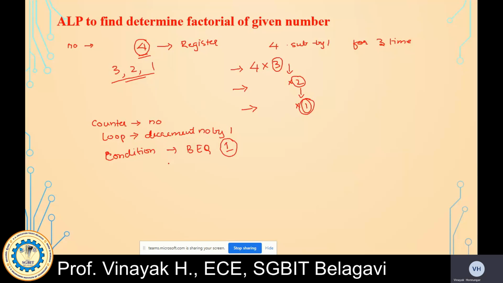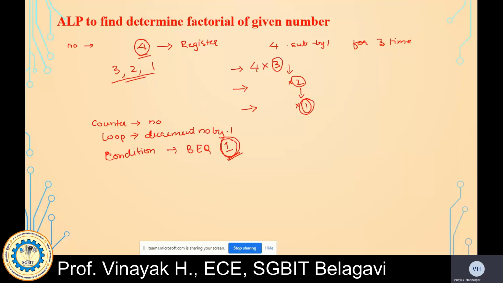Whatever result you have obtained with the previous value, you have to consider and multiply it. So this decrementing is going to continue till the value becomes 1. Once the value becomes 1, that means you have multiplied the number with the numbers below it till you have reached the value 1. That is a simple way to find the factorial of a given number.